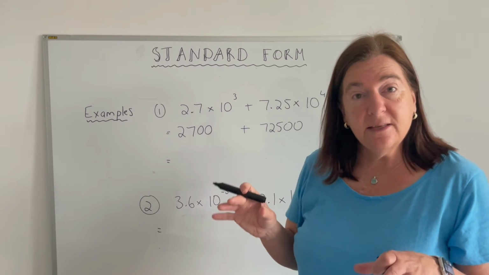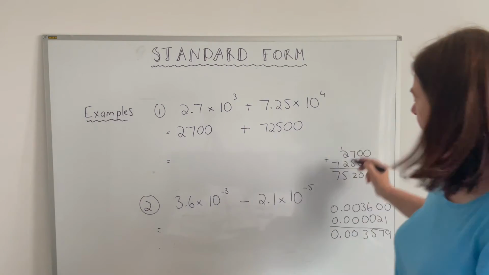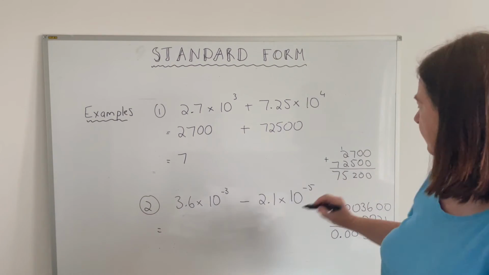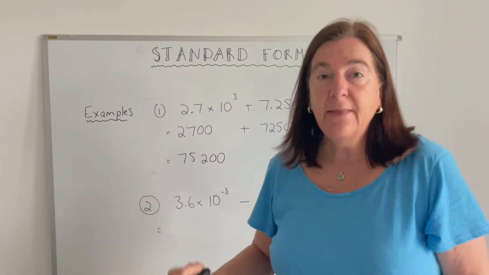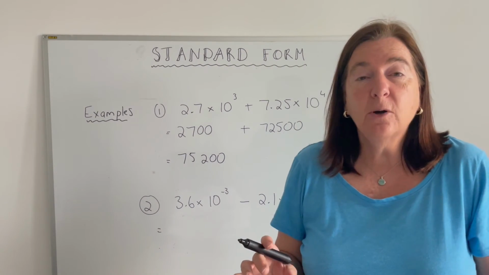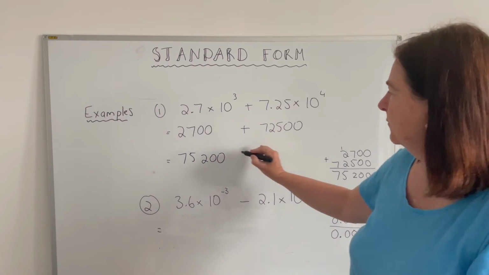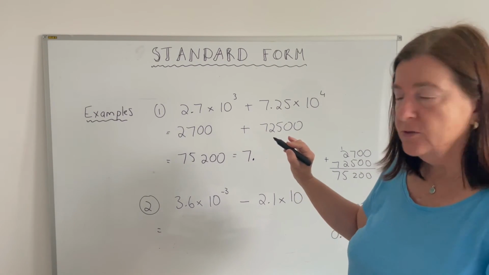Now I'm going to add these two numbers together. So once again, you need to remember your building blocks. We add these two numbers together, and we get an answer of 75,200. And that's my answer. But so often they want it back into standard form. So we change it from ordinary back into standard form. And remember, standard form always has our decimal after the first digit,